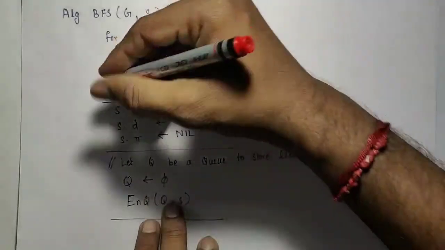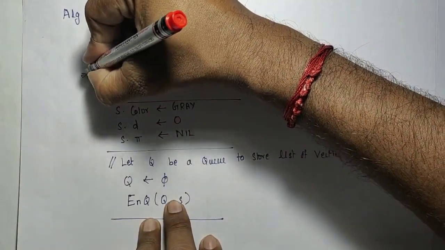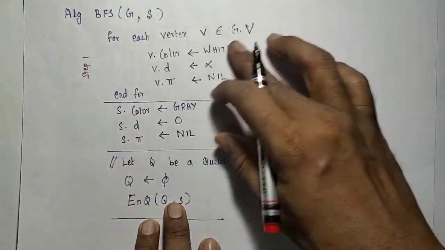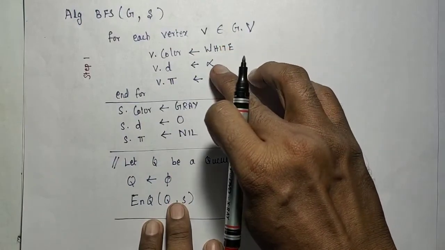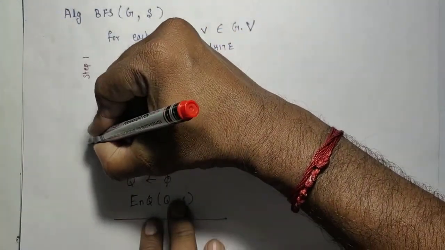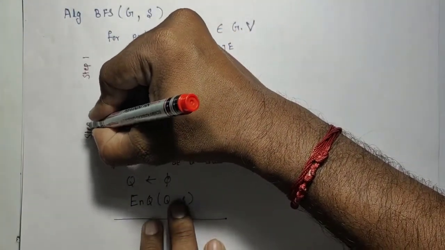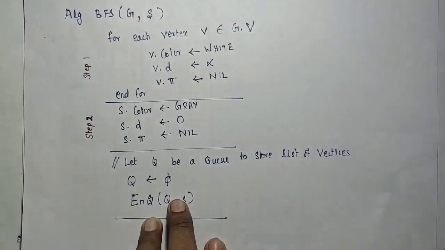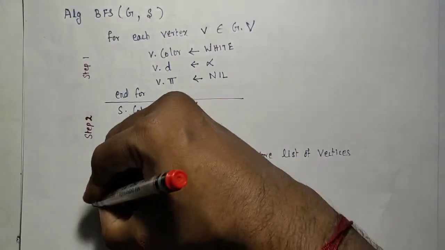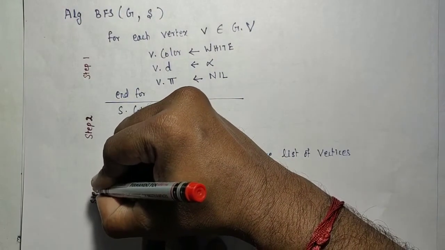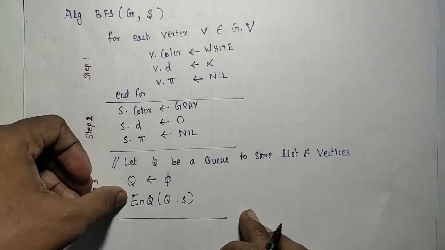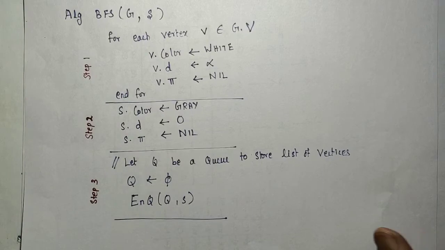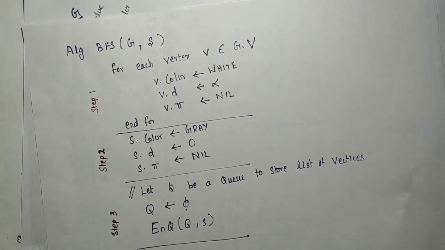Step 1: fill the default value for all the vertices: white, infinity, nil. Step 2: visit the starting node. The starting node is the input, you just visit it. Step 3: create a queue, and enqueue the starting node into the queue. That is step 3. And step 4 is